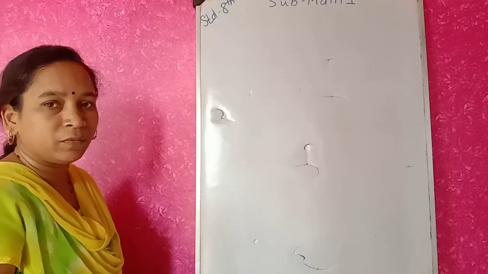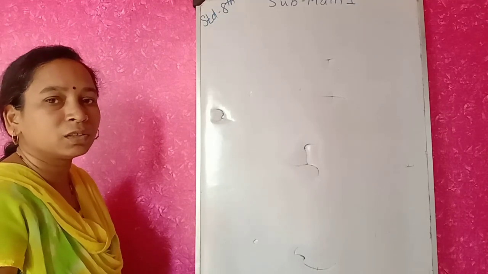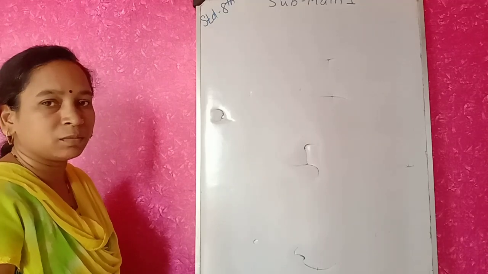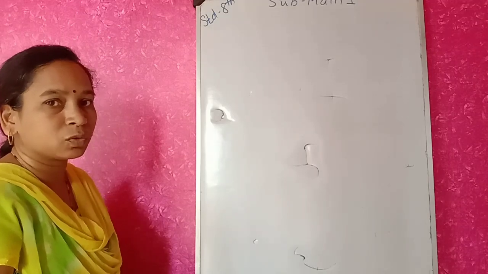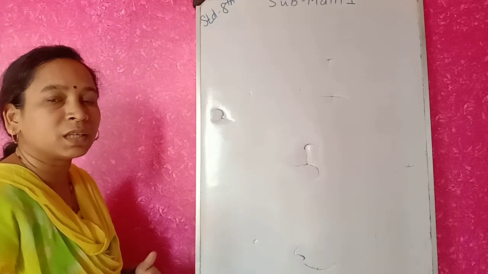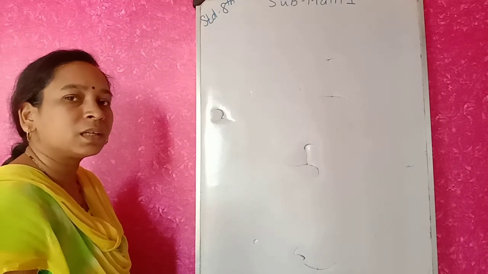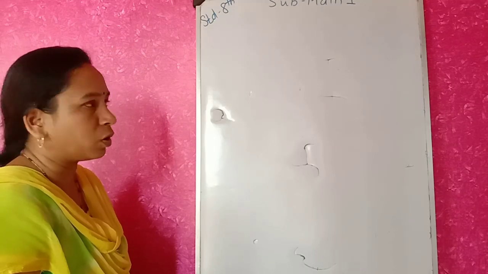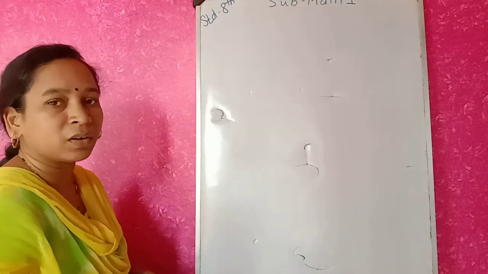You have watched the previous videos on rational and irrational numbers, and you have understood the concept of rational numbers. Today we are going to see the concept of an irrational number, and what the difference is between rational and irrational numbers. Even if you want to revise, the link is given in the description box.